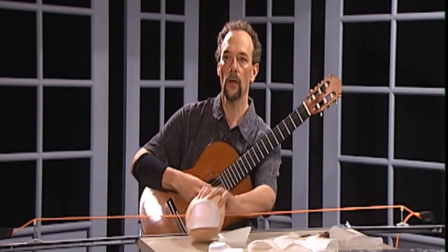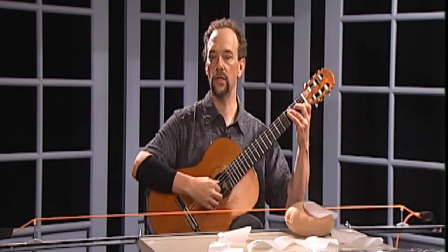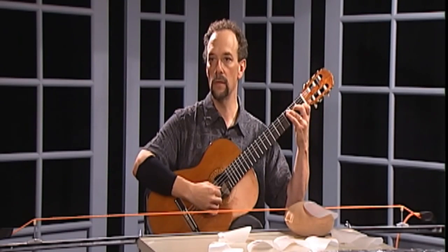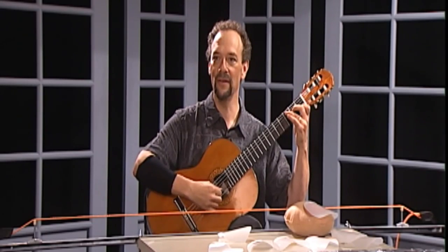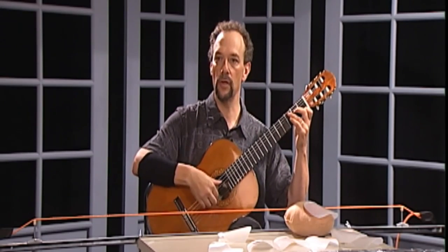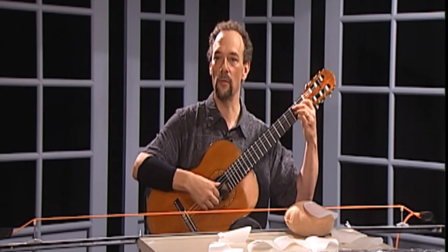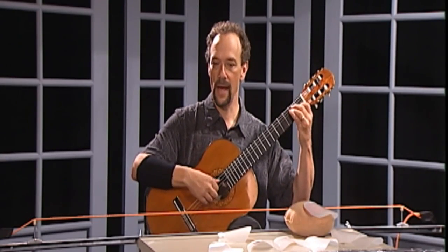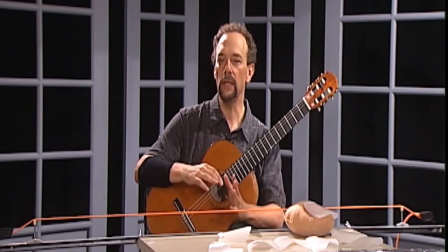Let's go to the front camera just for a second. There are some players who play with a fairly diagonal hand position, and that's to sort of soften the release. My friend David Russell's kind of famous for that, for his silky tone, right? There's some players who play pretty much straight on. Pepe Romero and John Williams are famous for that, and it sort of explains why they have completely different looking